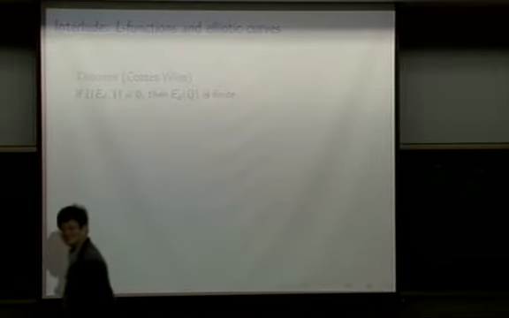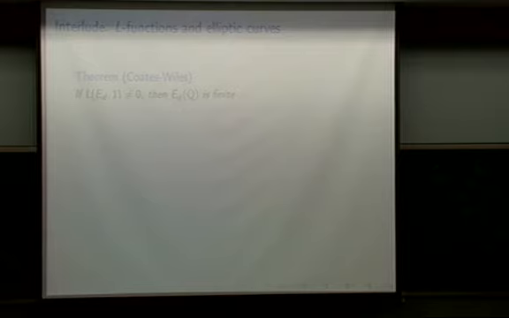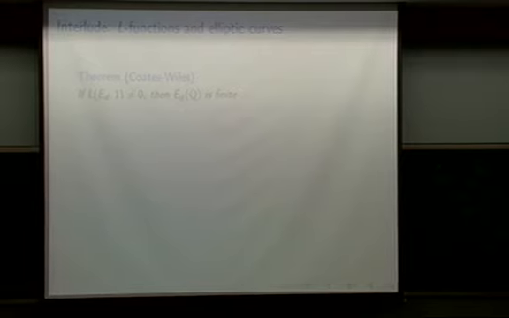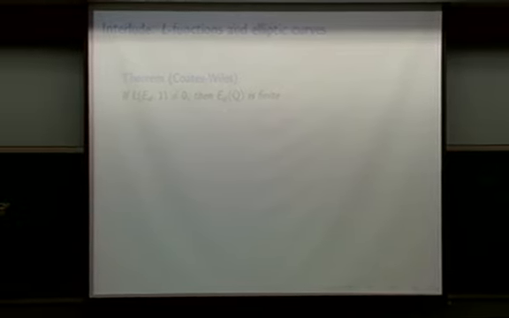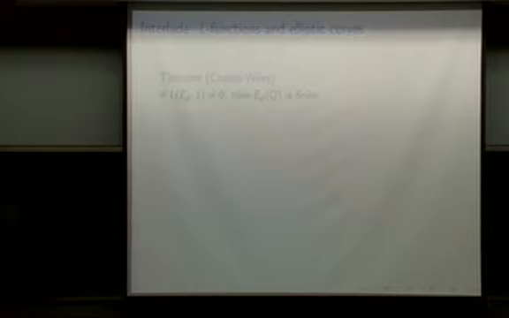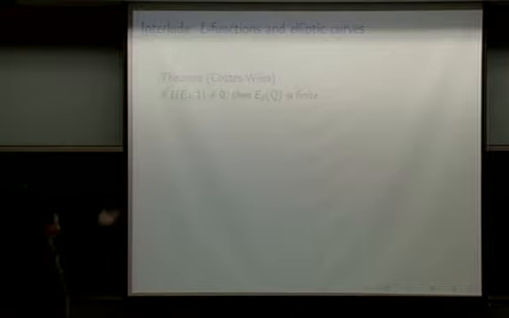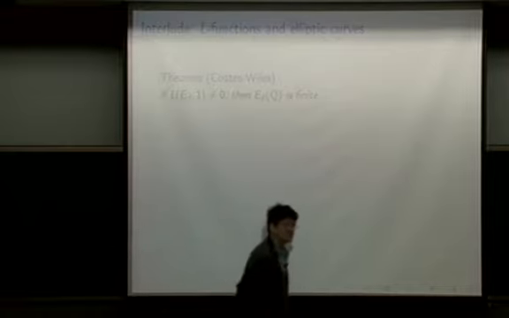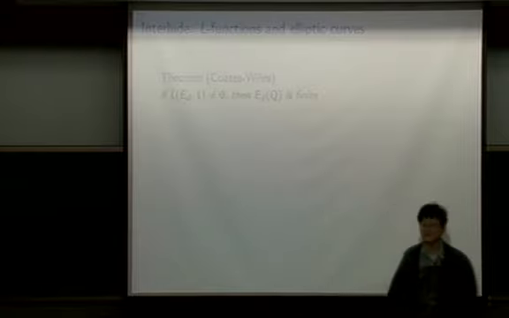This was from 1978. That if the value of that L function at 1 is not 0, then the set of rational solutions is finite. So that was a theorem. Long before any of the Fermat theorem work or related things, there was this very interesting theorem, which was actually the first case of the proof of the Birch-Swinnerton-Dyer conjecture. It's a very small part of the conjecture, but this was the first case that was proved.